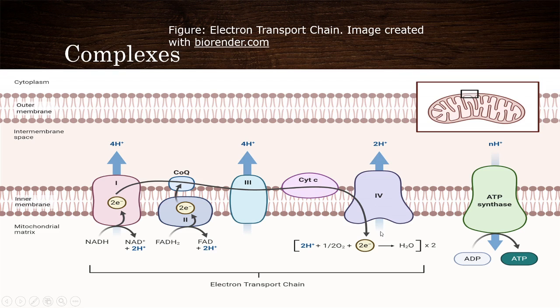Cytochrome A contains a heme group, in which Fe3 plus accepts an electron from cytochrome C to become Fe2 plus and transfers the electron to O2. Okay, I will discuss it later. And complex 5 is also known as ATP synthase. Okay,